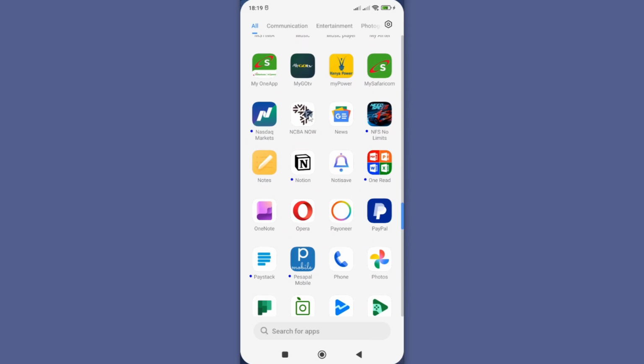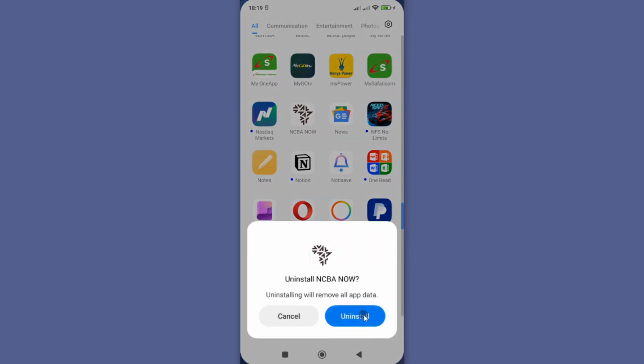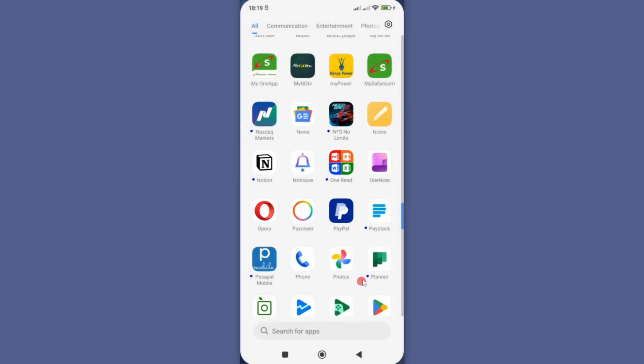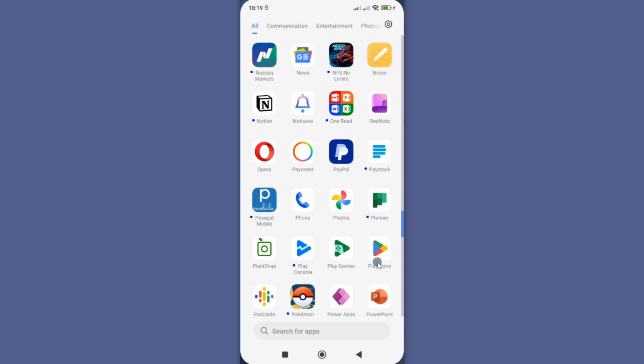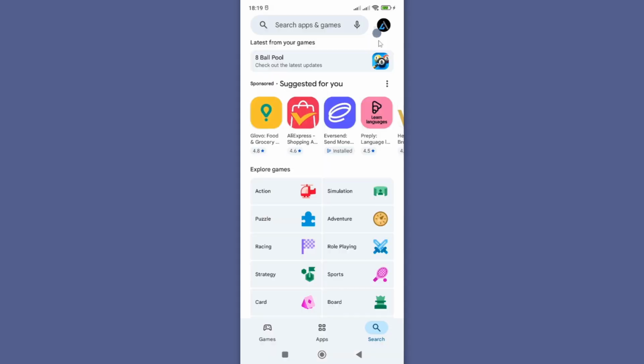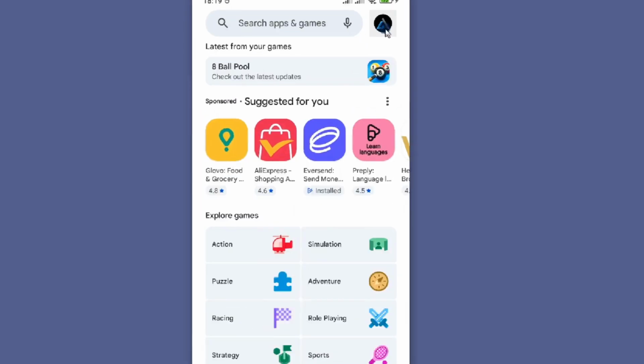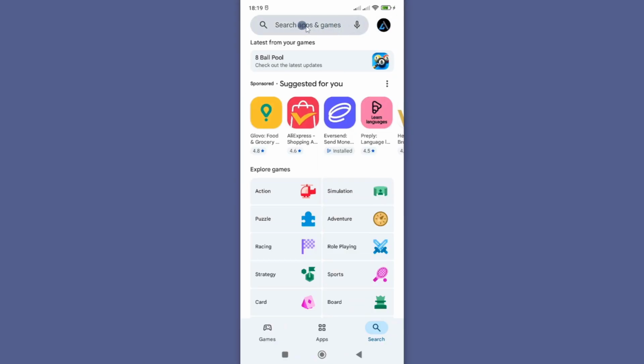So to distinguish which is the right NCBA bank app for you, first I'll delete the app before we begin the walkthrough. To get started, look for the Google Play Store app on your smartphone if you're on Android. However, if you're on iPhone, you should look for App Store. Tap on this, and because I'm on Android, I'll log in with my Gmail before I can search for my